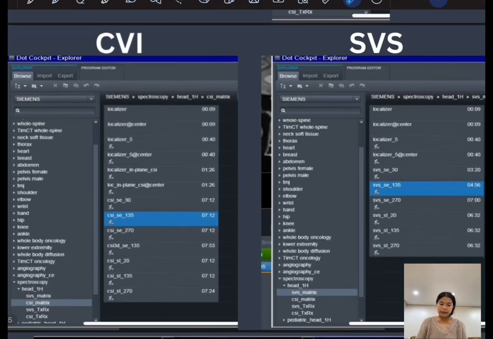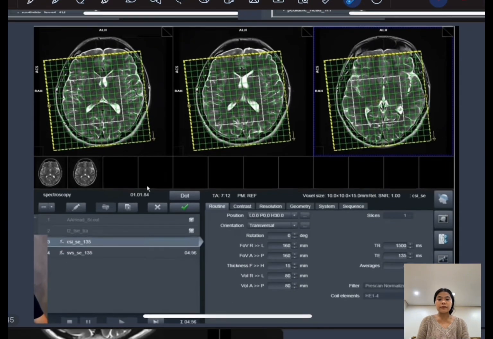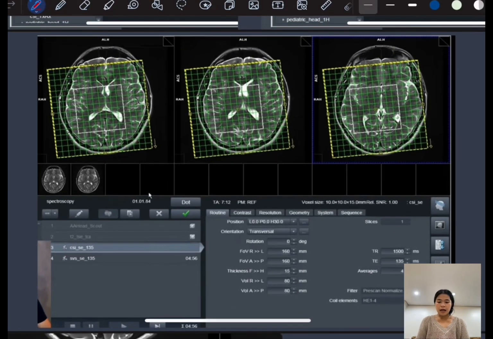And then after selecting our procedure, we can choose what sequence we will incorporate. Depending on the physician, the SVS is usually for targeted, high SNR, or high signal to noise ratio, while the CSI is a summarization of multiple metabolite distribution over a larger area compared to the SVS. In a hospital setting, the 135 sequence is a more common sequence selected, and for simulation purposes, we will follow that sequence. So this is how a CSI should look like,